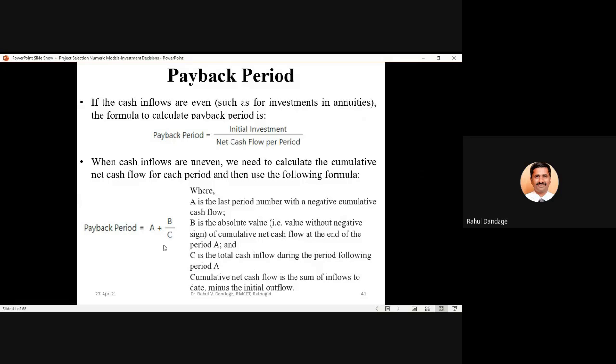So if we look at the formula, calculation of payback period for even cash flows is simpler. Simply you can take a ratio. When you go for uneven cash flow, we have to calculate cumulative values, or simply you can go on adding the cash flows together and check at what time period you are getting the investment returned back.